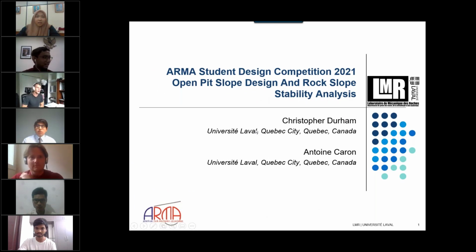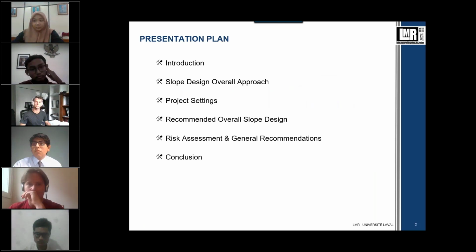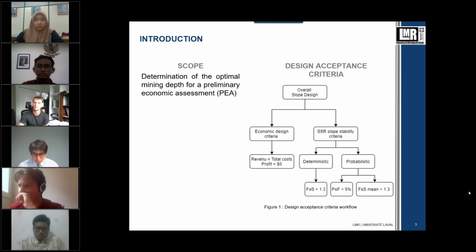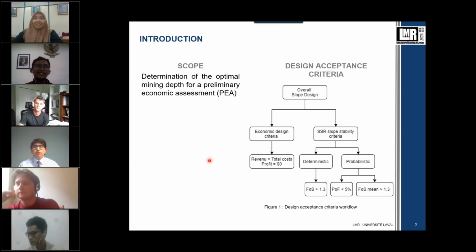Okay, so hi everyone. Antoine and me, Christopher, are here to present to you the open pit slope design and rock stability analysis of your mine project. So this is the presentation plan. So here the LMR Consulting was contracted by the ARMA-SDC team to determine the maximum mining depth of an open pit by proposing an overall slope design respecting both rentability and stability criteria for a preliminary economic assessment of this